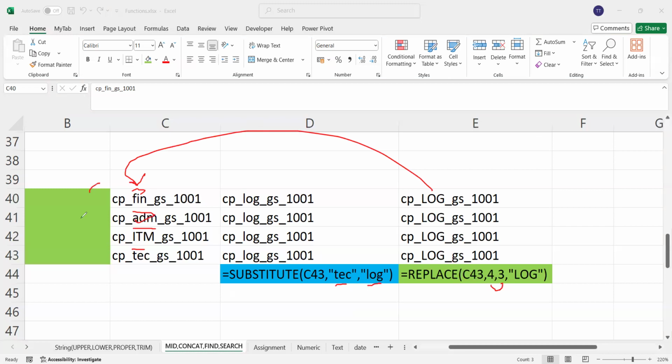But now if my requirement is to replace all the departments with logistics, then this method will not be correct, because here I have to do manual changes. So every department I have to find, then replace, find, then replace. If all are the same, then it is easy. Since the department is different and I want to replace all with logistics, so it's better I should